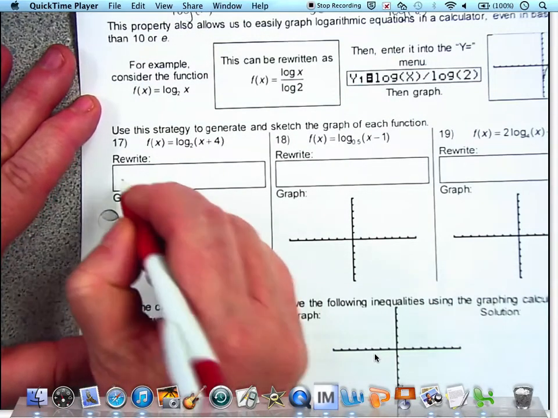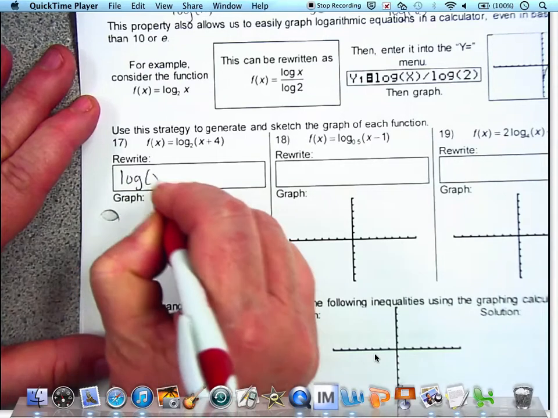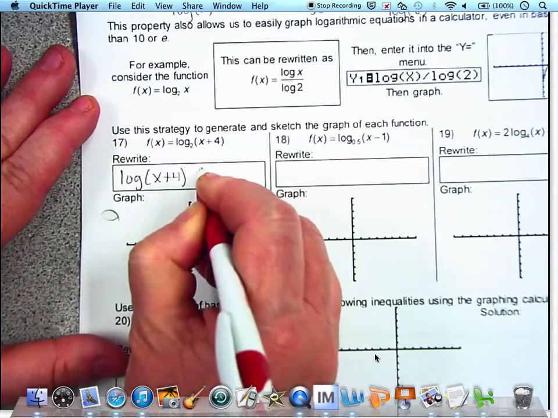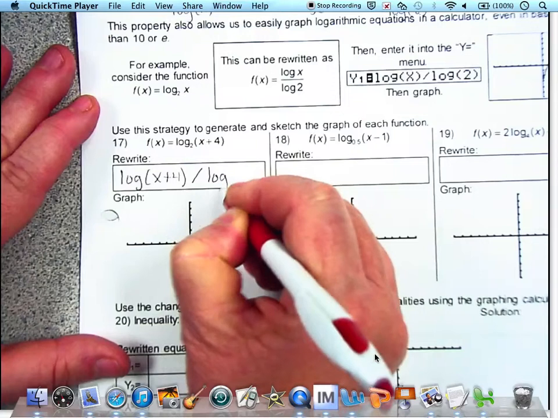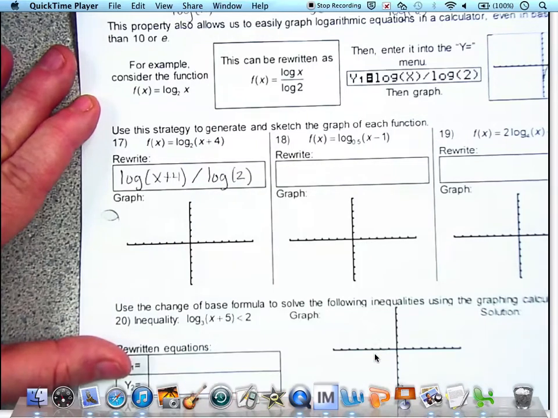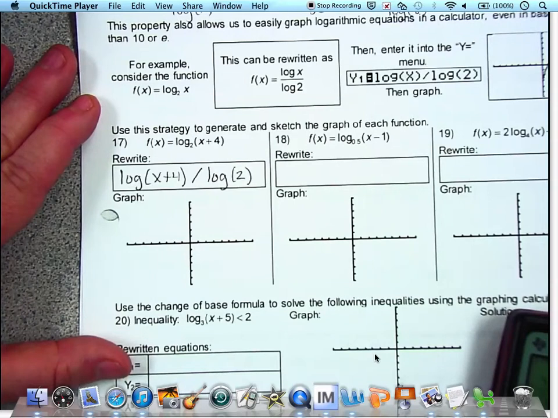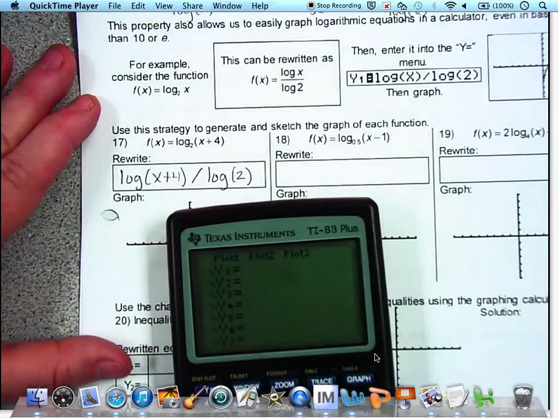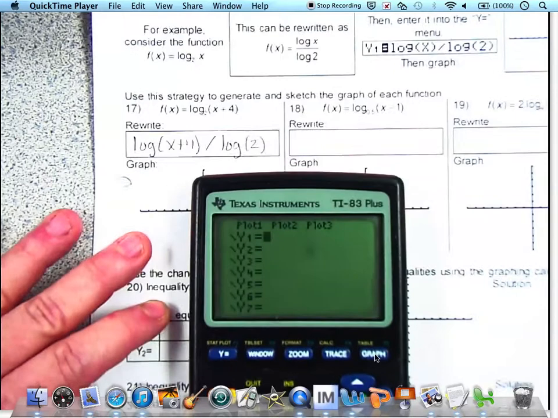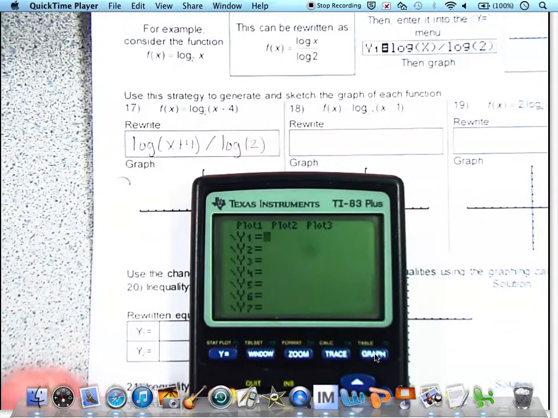Log of x plus 4 divided by log of 2. We're going to put that in y1 and graph it. Before we couldn't graph these because we couldn't do log base 2. But now that we have that change of base property,